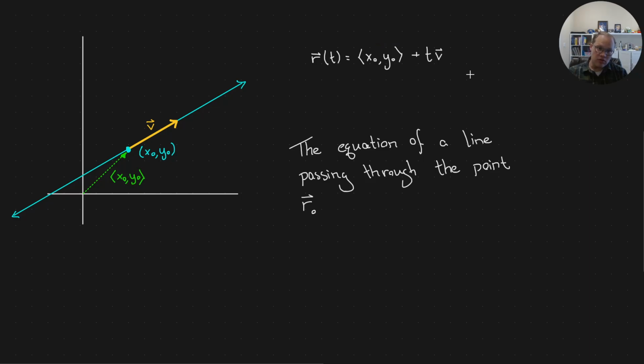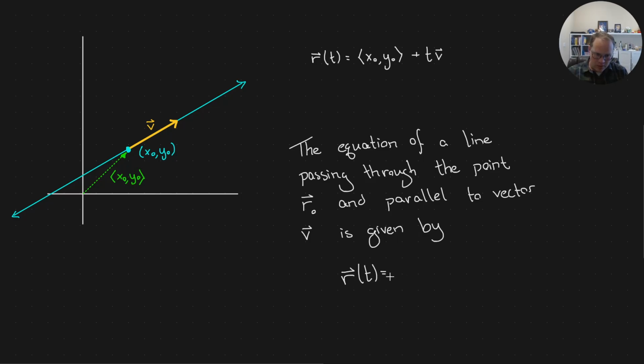In 3 dimensions, you'd throw in a z naught usually, right? But it is a particular point on the line. So the equation of a line passing through the point R naught and parallel to vector v is given by